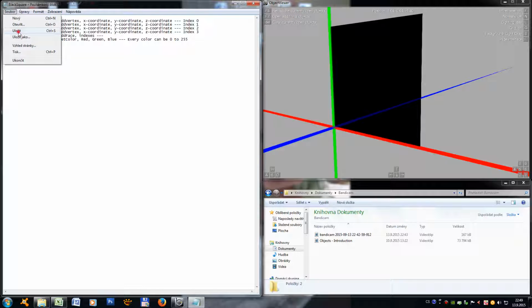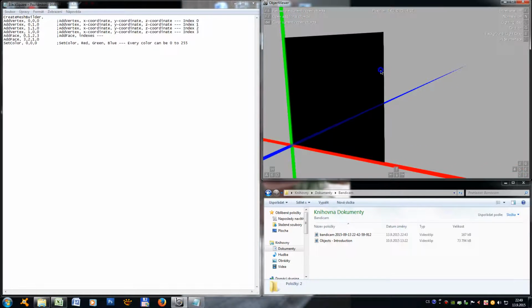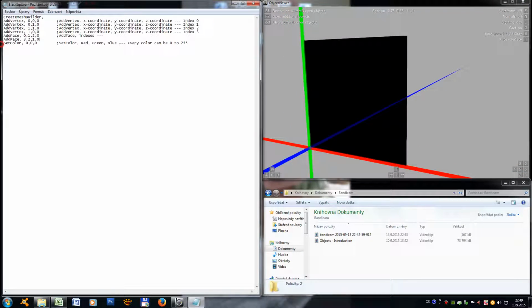It's better to actually copy this command here and put it one more time without those nodes. Obviously they are going to be the same, and you put it separately like this. So you put AddFace 0, 1, 2, 3 in the clockwise order, which is what we can see here from the front side, and you put another one with the counterclockwise order, which will also show you the back side,